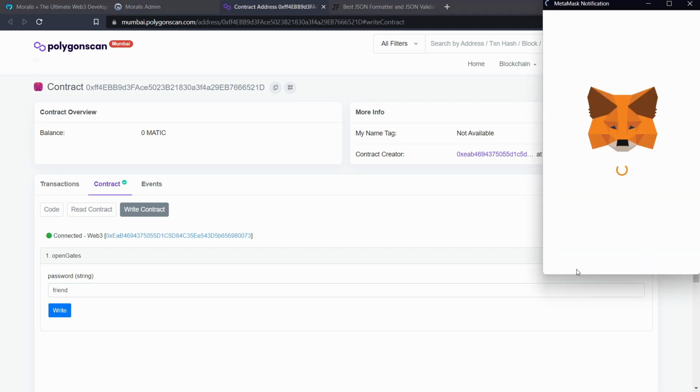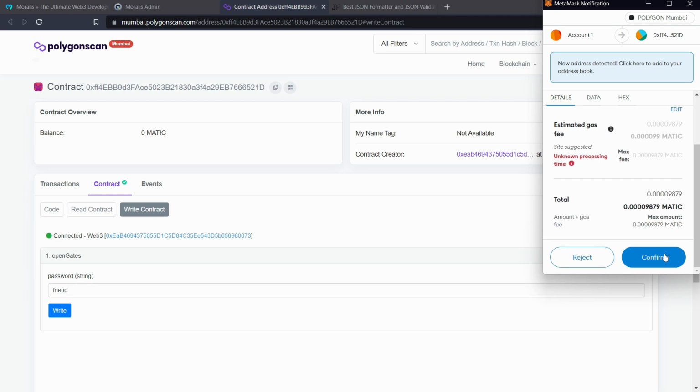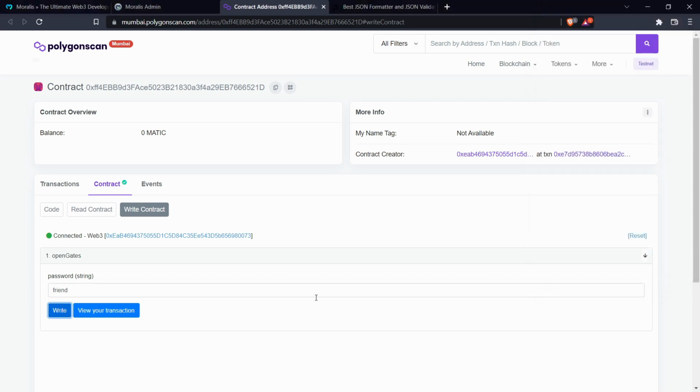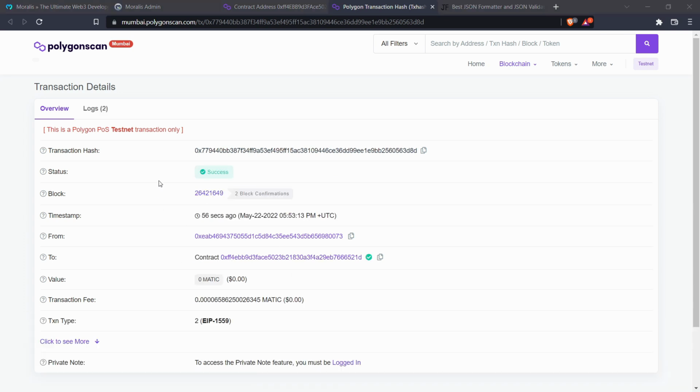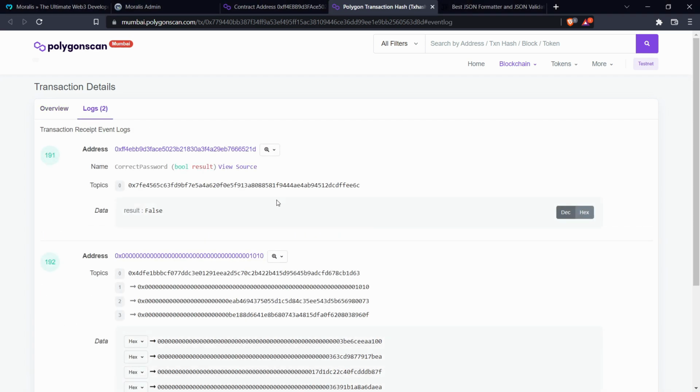Going to write, confirm the transaction, and here under view transaction, after some seconds, we're going to see the result. Okay, so the transaction was confirmed, and here, if we click on logs, we're going to see the events, right? The events that we just triggered, correct password, and the result is false